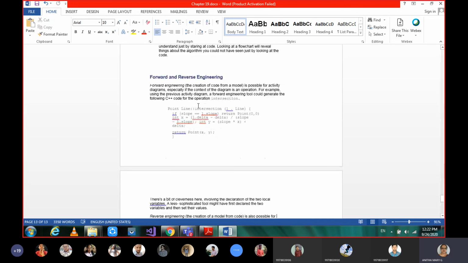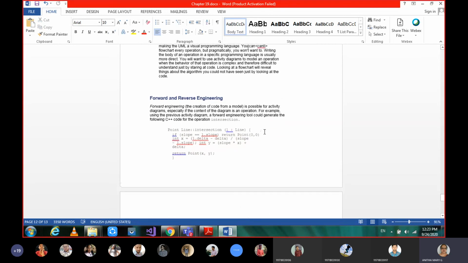We were talking about line intersection, and this is the operation we are doing. Within that operation, what exactly are we doing? First we are checking the slopes. If the slopes are equal, return point 0 comma 0, the origin.